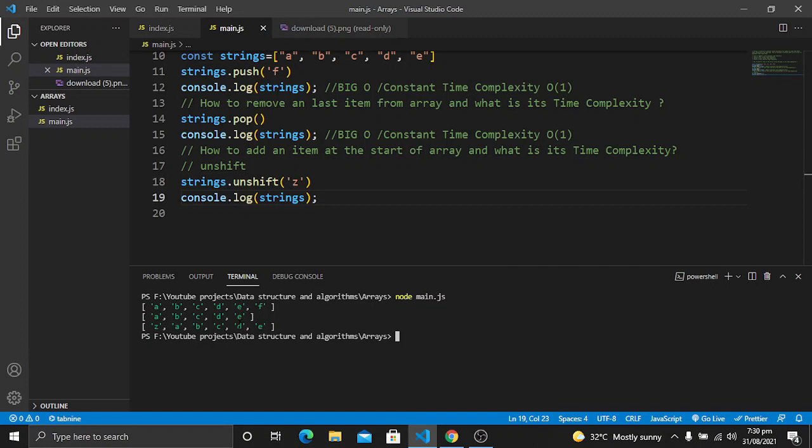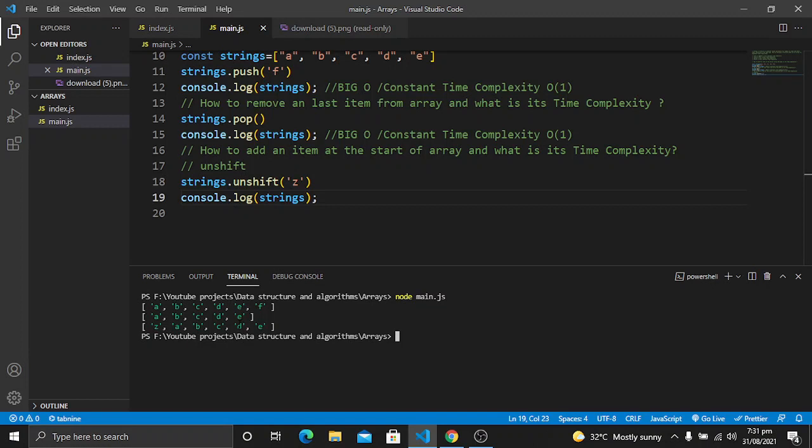So that's why the insertion at the start of an array will have O of n time complexity, which is linear time complexity. So we can think deeply about what is going on under the hood. With its Big O notation of time complexity, maybe it is not the best data structure for writing items at the beginning.